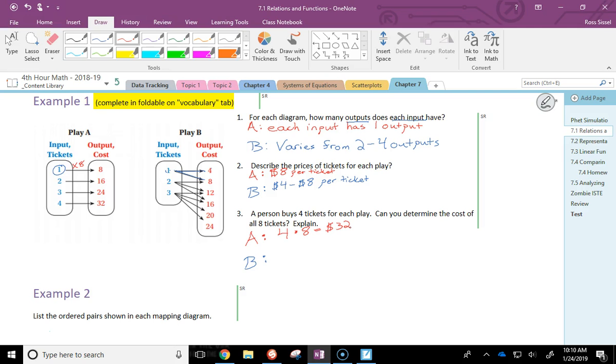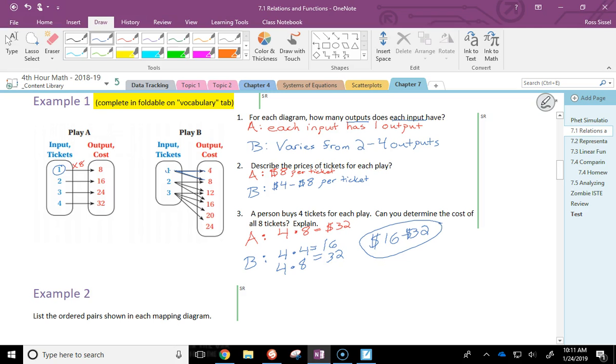What about play B? 28 to 32? Close. What's the ticket prices range of B? 4 to 8. So if I knew that, it'd be 4 tickets at $4. 4 times 4 is 16. Or the tickets could have been $8, which is 32. So on B, I can't find your exact price, but my total price is going to be between $16